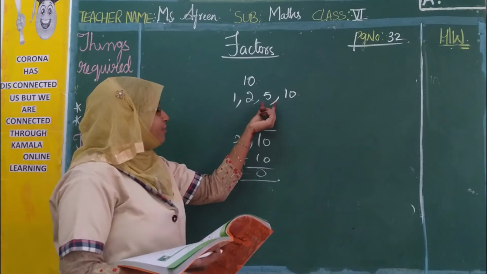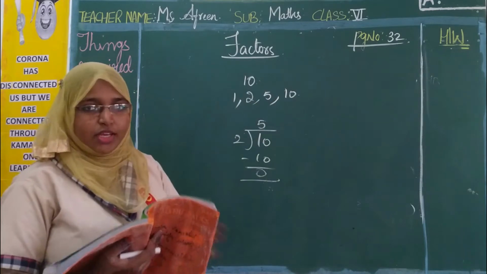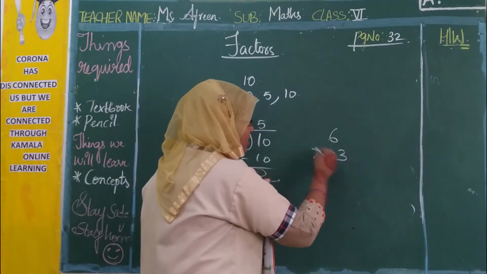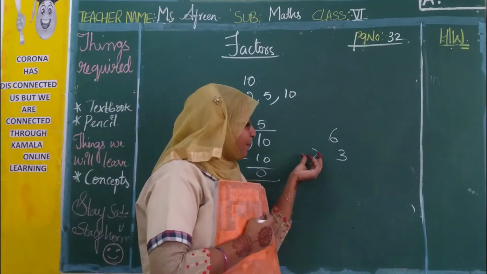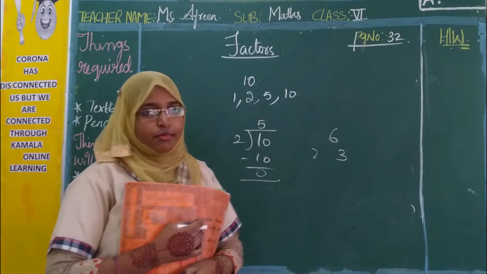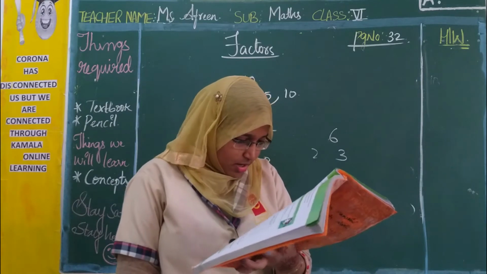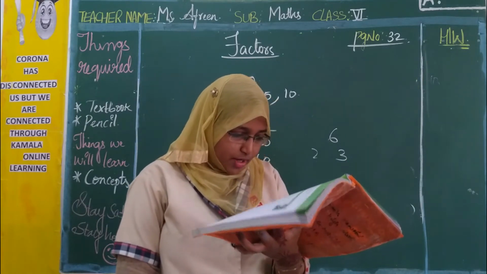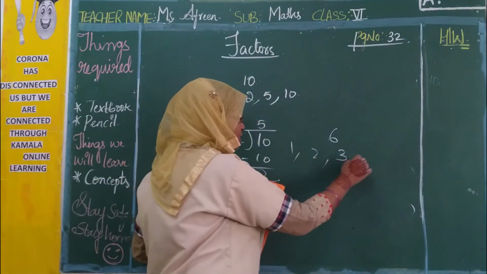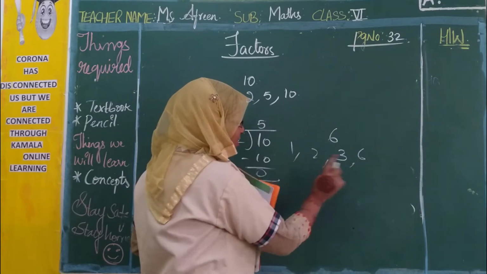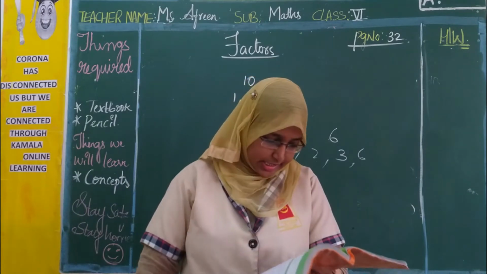Now if you take 5, 5 is also dividing 10 exactly. We get 5 twos are 10, 10 ones are 10. If you take 6, 2 3s are 6, 3 2s are 6, 1 6 is 6, 6 1s are 6. These numbers are completely, that is exactly, dividing the other number. So 2 and 3 are called the factors of 6. Yes. Next, what have they given? Here 1, 2, 3 and 6 are all the factors of 6. What are the factors of 6? 1, 2, 3 and 6. 1 6 is 6, 6 1s are 6, 2 3s are 6, 3 2s are 6. So these all are the factors of 6.